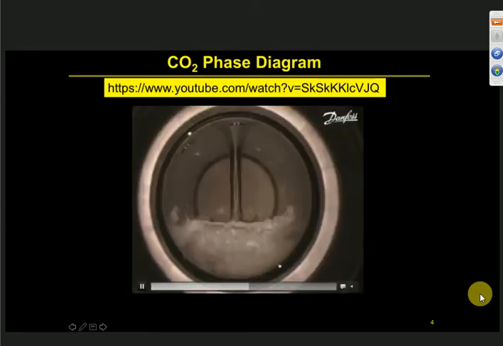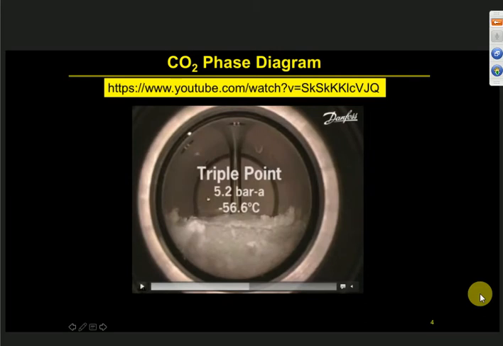See right here. So this is the triple point of CO2. Pressure is 5.2 bar, and temperature is minus 56.6 degrees C. So at this particular temperature and pressure, the three phases of CO2, vapor, solid, and liquid, are in equilibrium